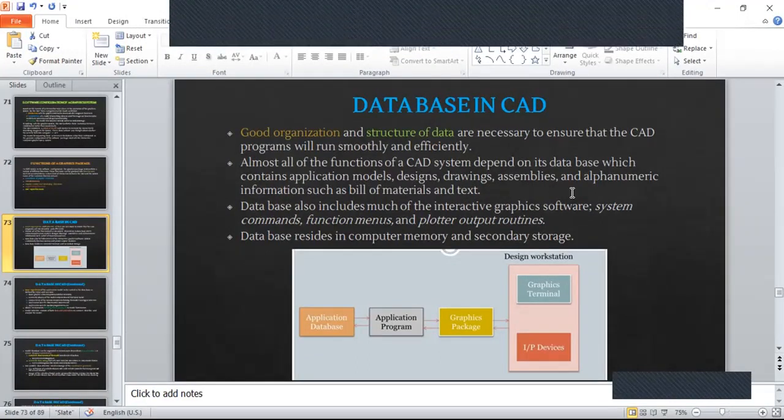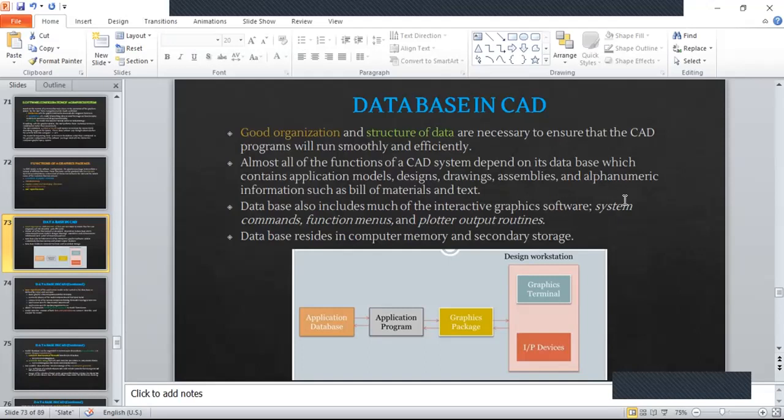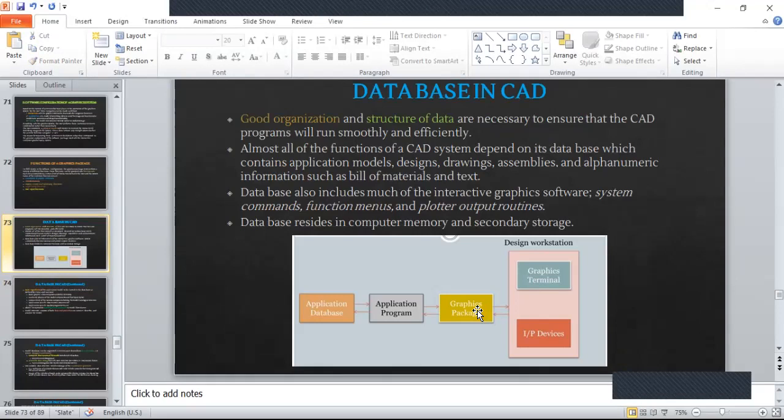So also graphic software, the things that you have in graphics software such as system commands, function menus, plotter output routines, right? So we had seen how that graphic software has an application program and how that program retrieves the database.